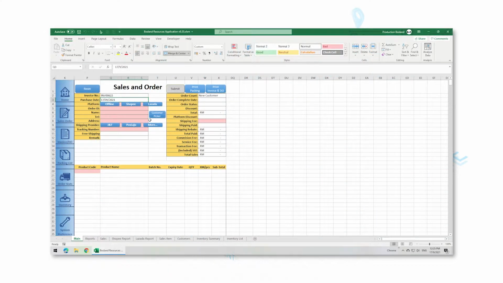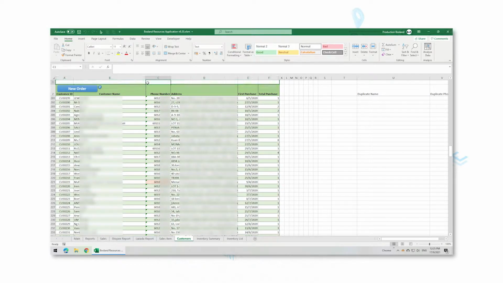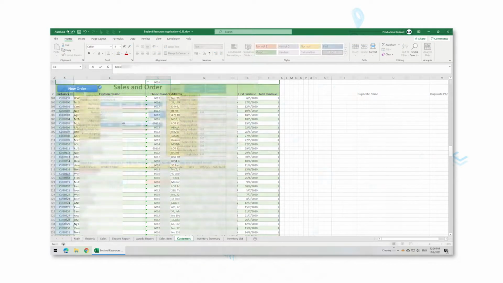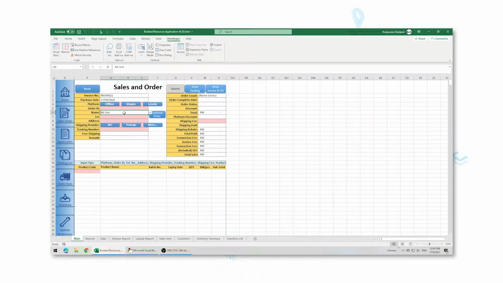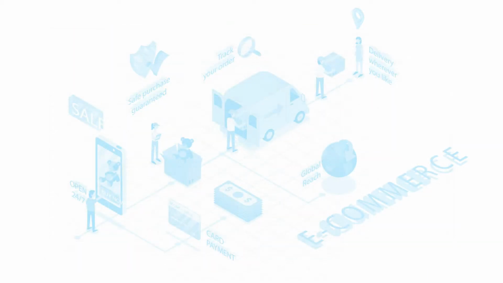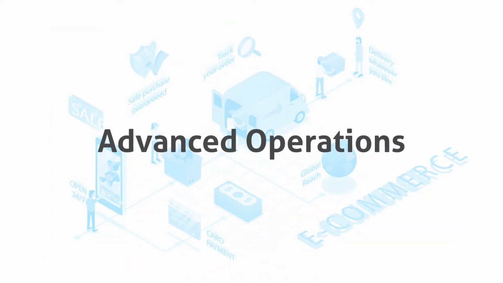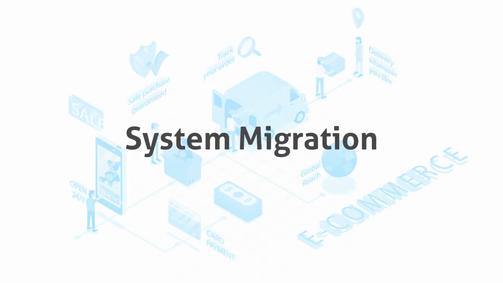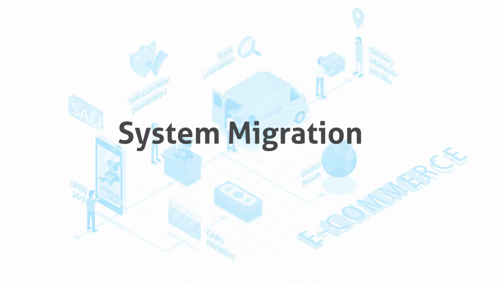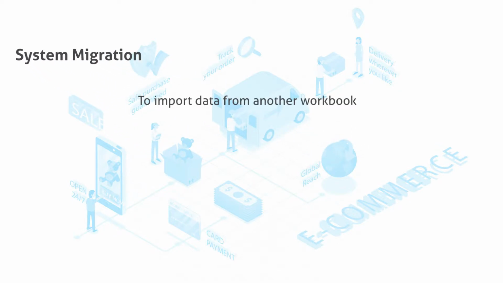In the last video, we checked the customer database, choosing a customer for a new order, and possible scenarios of customer duplication and how to fix them. In today's video, we will take a look at the advanced operations in system preferences. I'm not sure this name is accurate for this operation. It is to import all the data from older versions of 100 Drawers Ecommerce Manager into a newer version of